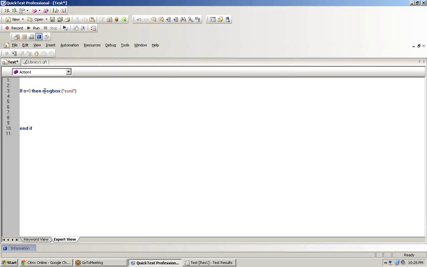So if I put this statement, that is message box Sunil, out here, then this is called inline code. This is usually done when you just want to execute one thing after your condition is true.